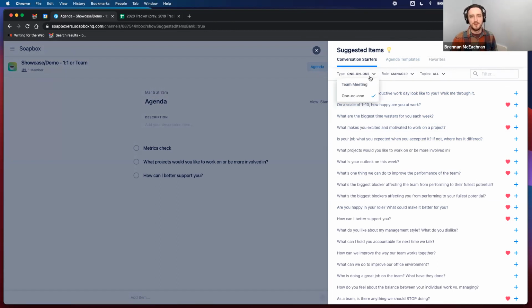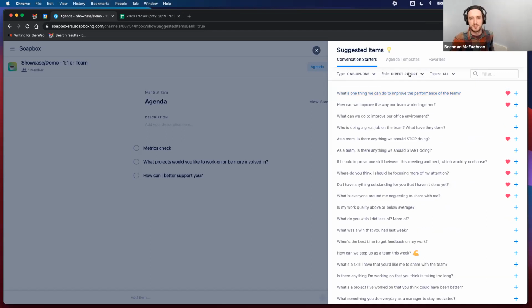These are all different, right? So different questions for a one-on-one versus a team, different questions for a direct report versus a manager. We've just done a couple of phrasing things to make it a little bit easier for the person viewing this. It's going to default hopefully to the right setup for you, but in case you're ever curious,